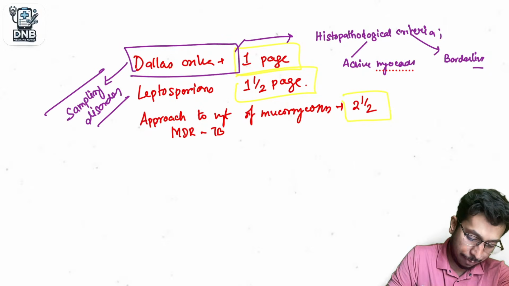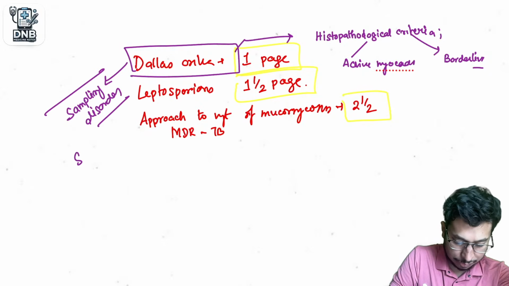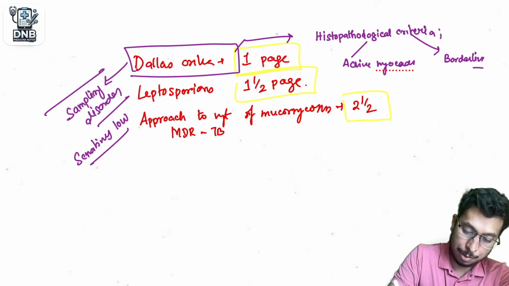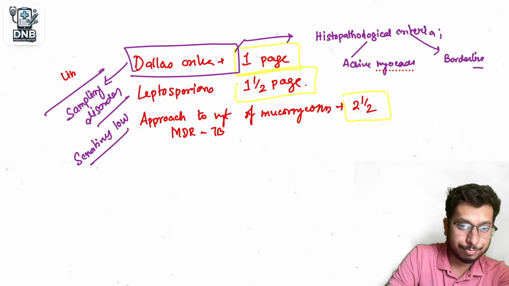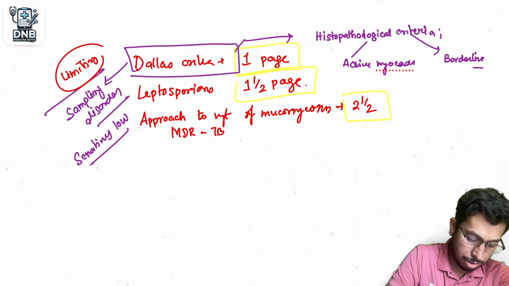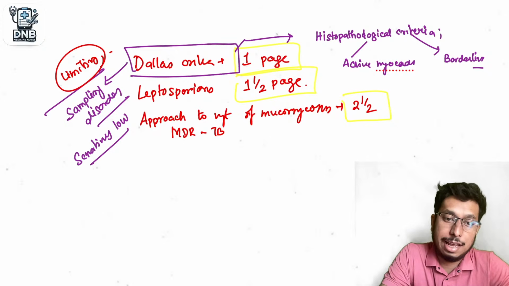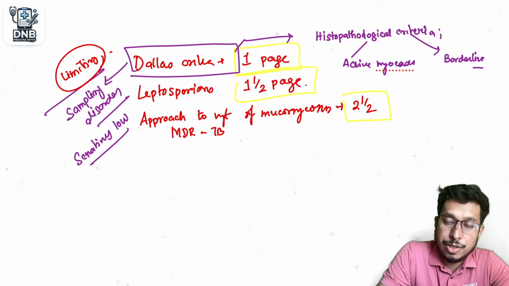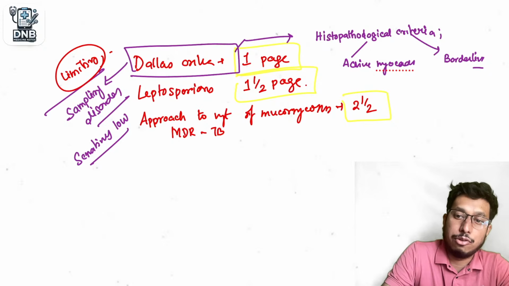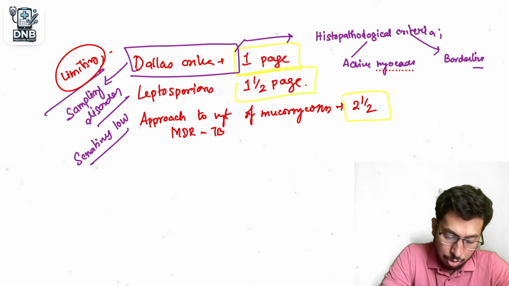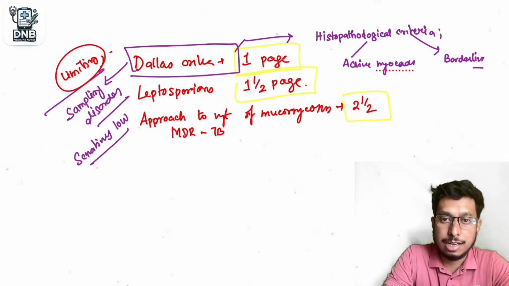Then specificity is high, but sensitivity is very low. Sensitivity is low. So these are the limitations that you need to mention. And what are the recent updates apart from the biopsy? In current times, immunohistochemistry in the biopsy along with PCR-based diagnosis are also used for diagnosis of viral myocarditis. So these are the recent updates you need to mention to get the complete 2 marks